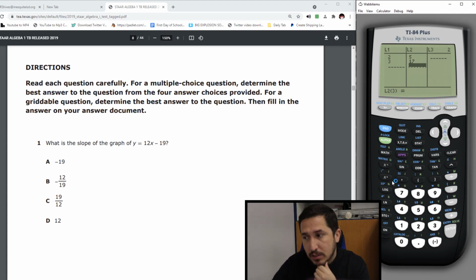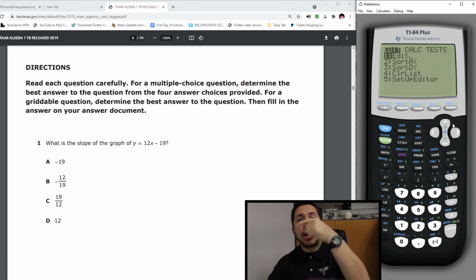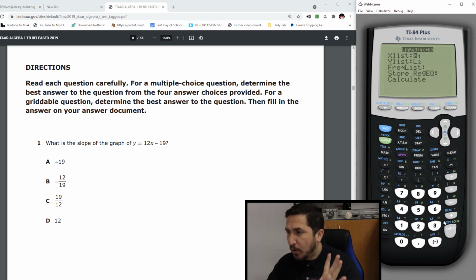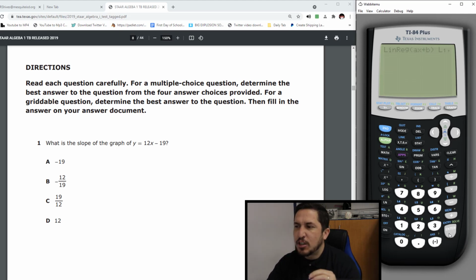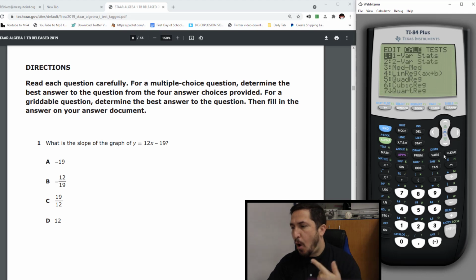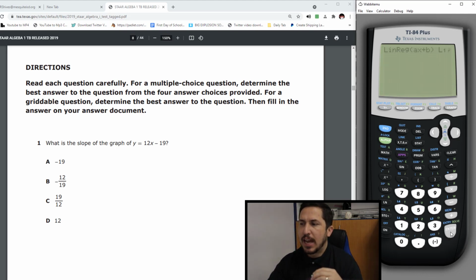Wait for this bell to finish. Now that I got my 2 points, you can hit stat. Now you're gonna arrow over to the right, which puts you on the calc menu. Then you're gonna go 4. Enter, enter, enter, enter, enter, enter, enter. You can hit as many times as you want to, like 5 times or 6 times. So there it is. So to do it again, ready? I put all my stuff on my list, right? You go stat, over, 4, enter, and then it shows up.